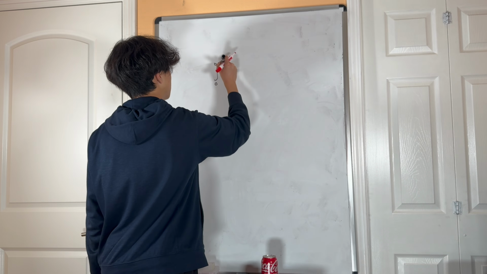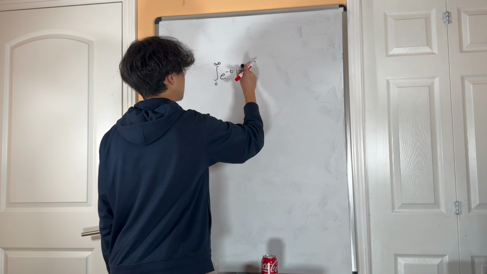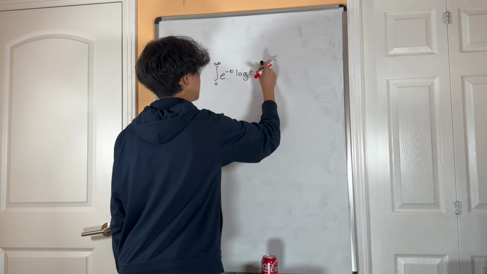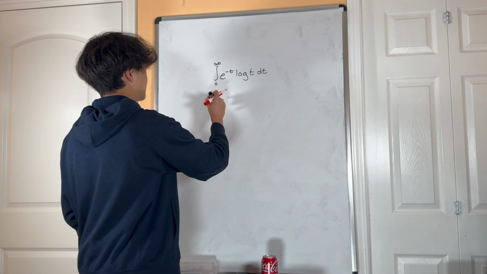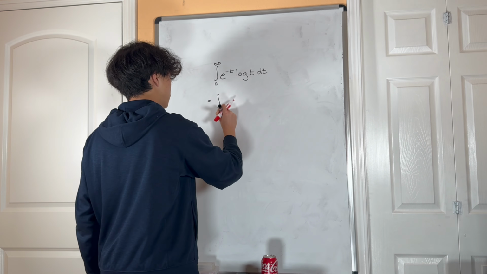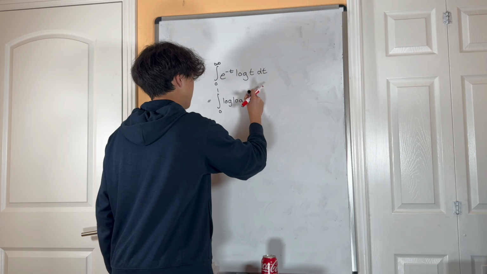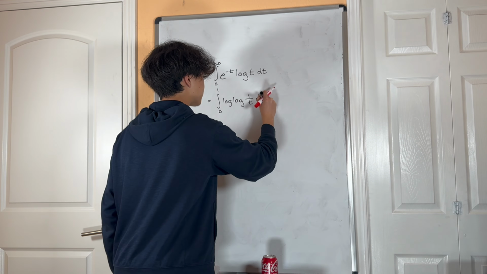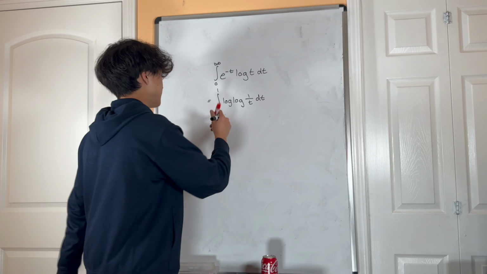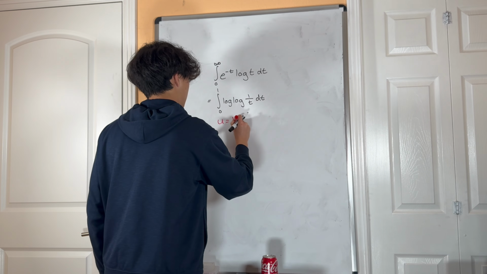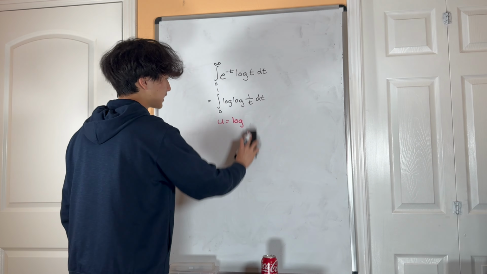It's very basic. It's going to be the integral from 0 to infinity of e to the negative t log t dt. And in fact, this integral has a more interesting form, and that is the integral from 0 to 1 of log of 1 over t dt. And it's pretty easy to see why this is connected to that. Here, if you just make a substitution u equal to log of 1 over t, or in other words, negative log t,